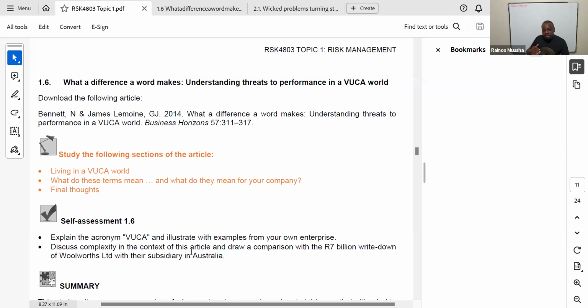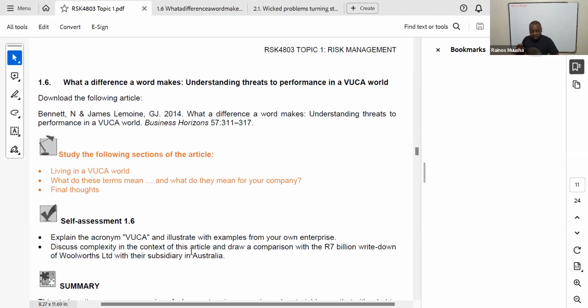So we can see that normally when the lecturer wants to bring in a new topic that's going to be asked in the exam, they creep it in by bringing it in the assignments, and then from the assignments they can ask you that question in the exam. So when it comes to the acronym VUCA, because it can be confusing for so many people,